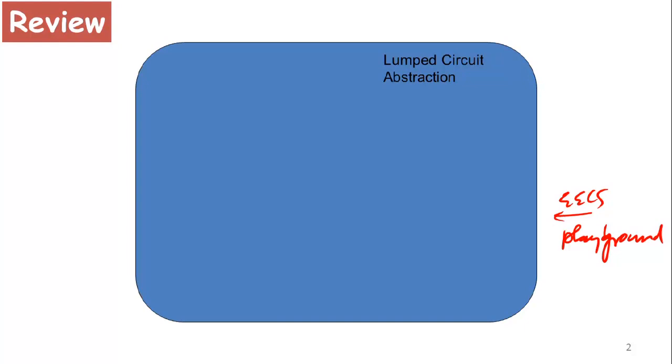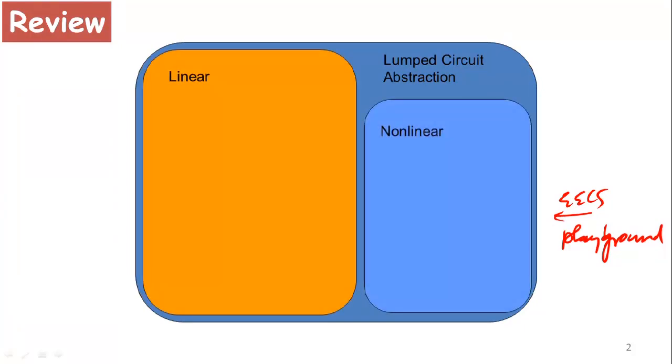We made some of the assumptions that enabled Maxwell's equations to simplify into much simpler algebraic analysis through the lumped matter discipline. Now, once we got into the ECS playground, we looked at two classes of circuits, linear and nonlinear. Methods like the node method and so on applied to either linear or nonlinear circuits. And then we looked at a bunch of special methods like superposition, Thevenin, and so on that applied to linear